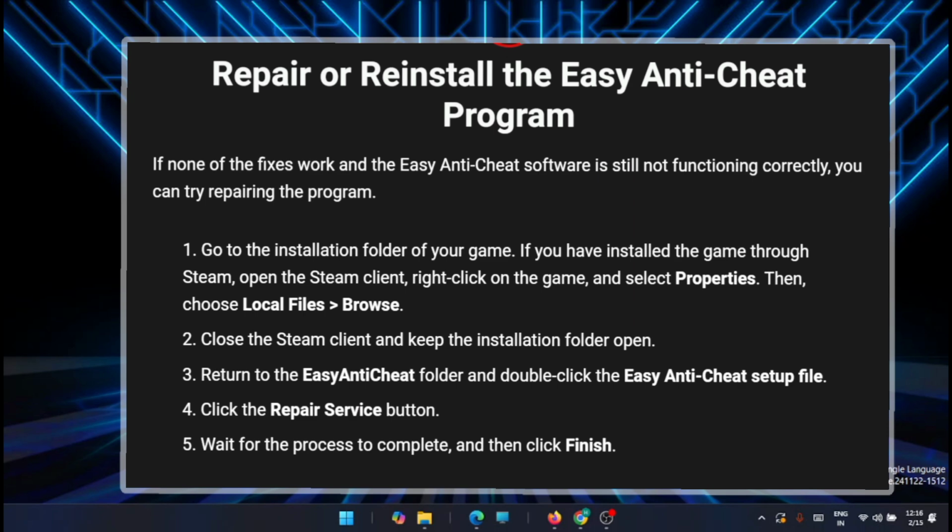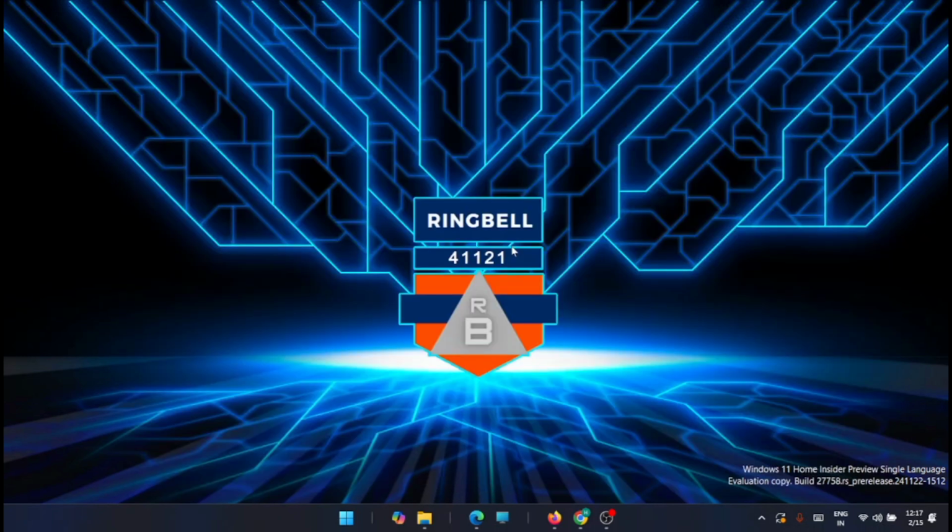And the third step is to return to the EasyAntiCheat folder and double click the EasyAntiCheat setup file. The option will come up for repair, and you can repair it or you can reinstall it entirely. So I hope these solutions will fix the